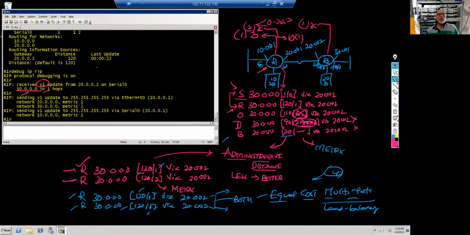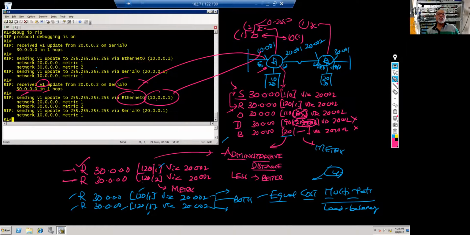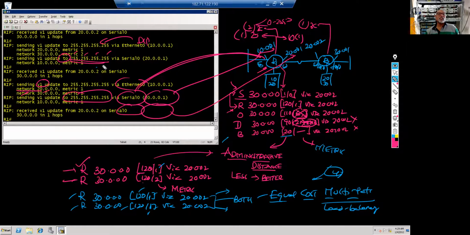So via my Ethernet 0, see my 10.1, it clearly says via my Ethernet 0, my serial 0, it says 20.1. So exactly, you can draw the diagram by looking at these messages. You can draw the diagram. Ethernet is this 10.1, serial is this 20.1. What am I sending? See this address, flooded broadcast, limited broadcast. You remember 255 to everyone.